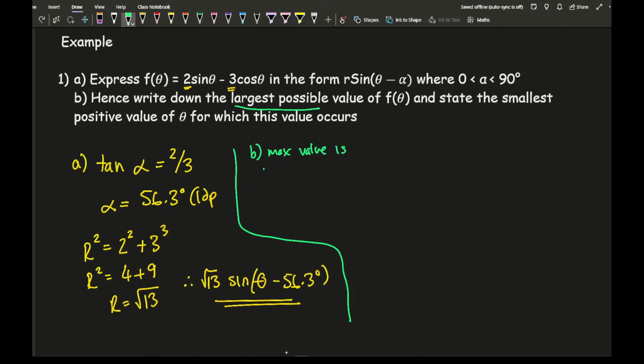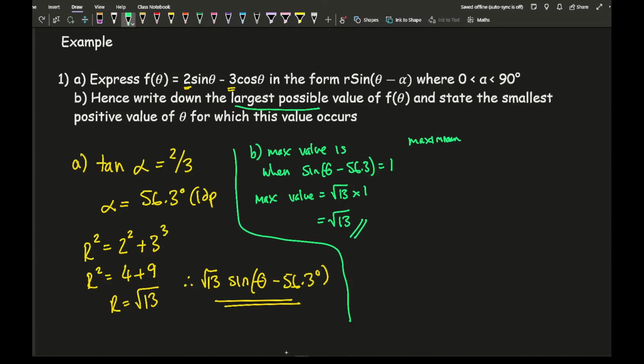is when sine theta minus 56.3 is going to be equal to positive 1. So therefore, the max value is going to equal root 13 times 1. So then the maximum value is root 13. Now, in terms of finding theta for when it's going to be root 13, so it's going to be maximum,